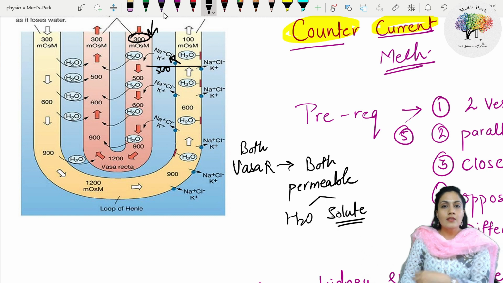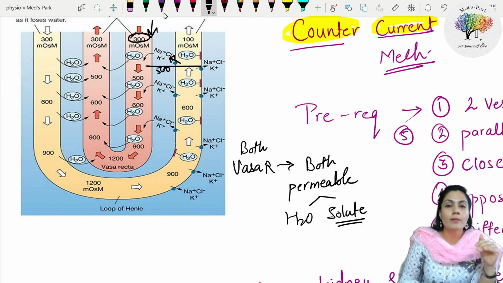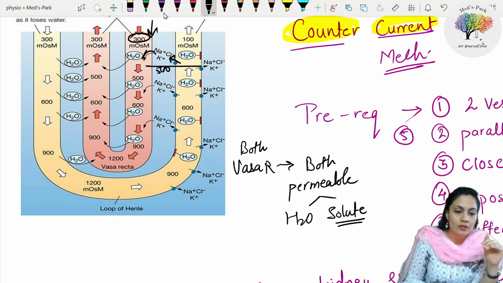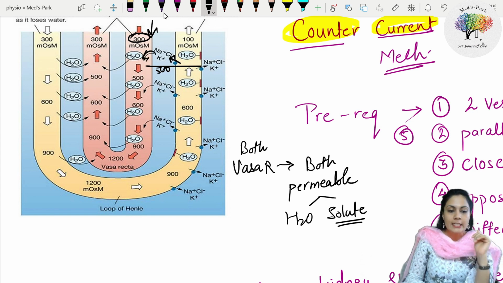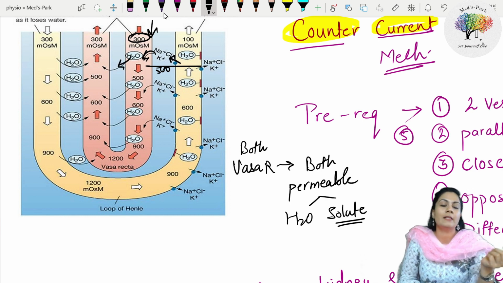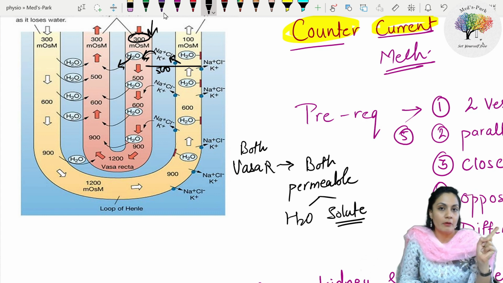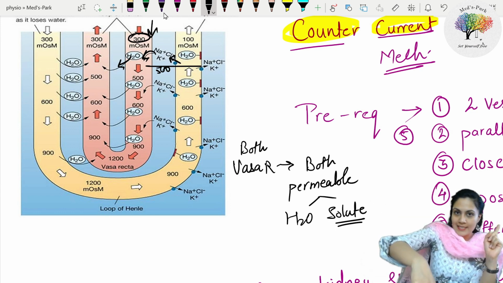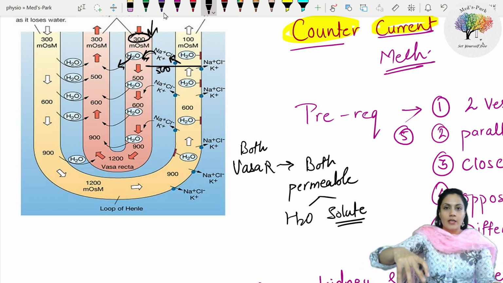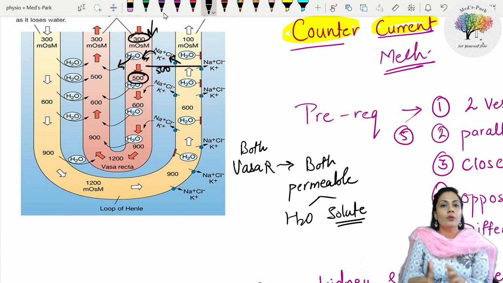So over here, since the ascending limb of loop of Henle is putting up more and more salts into the medullary interstitium, it is going to take the salts, right? And since more osmolarity is there outside, some of the water osmosis also takes place into the medullary interstitium. Why? Because both the limbs are permeable for both the things, that is water also, solutes also. Solute move inside and the water move outside, okay,